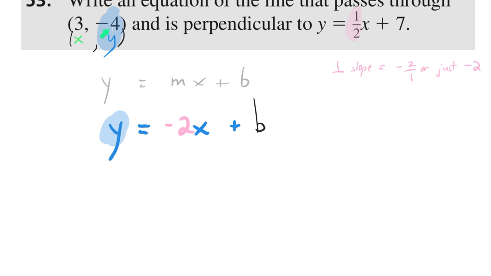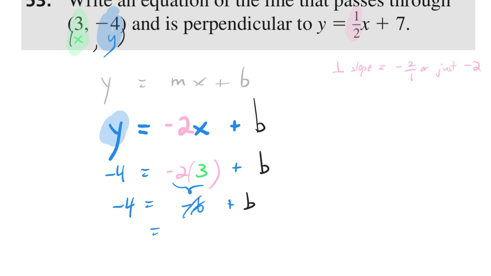So y is -4, and the x value is 3. So we have -4 is equal to -6 plus b. And when we add 6 to the right side, that will be gone. And when we add 6 to the left side, we'll have 2. So our final equation